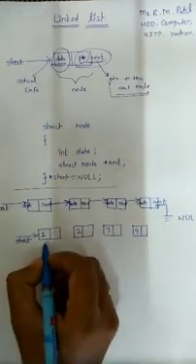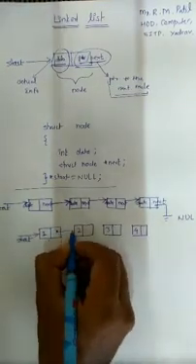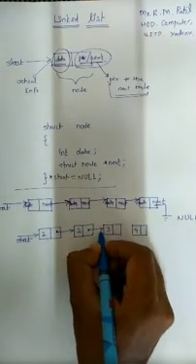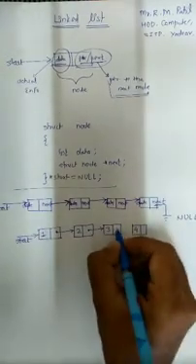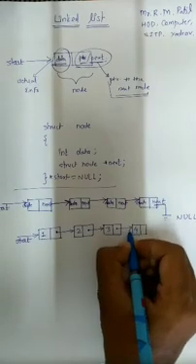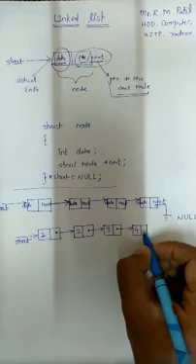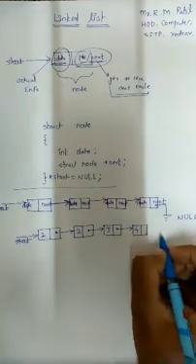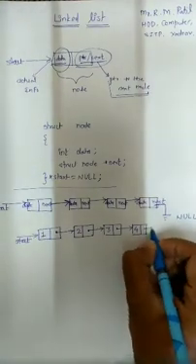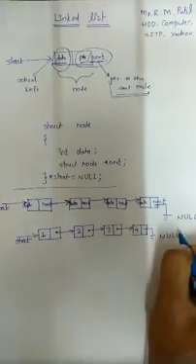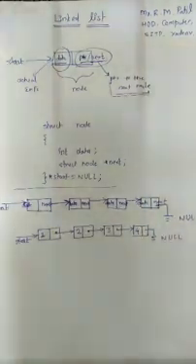Into the first node the address of the second node is going to be stored. Into the second node the address of the third node is going to be stored, and into the third node the address of the fourth node is going to be stored. Into the last node, we don't have any next node, so in that case null is going to be considered. So like that, the linked list is represented here.